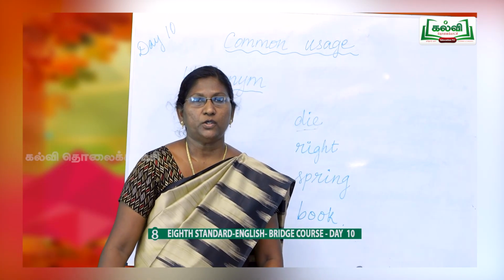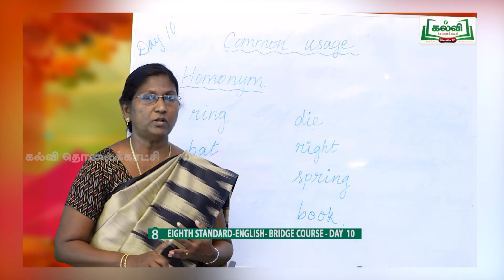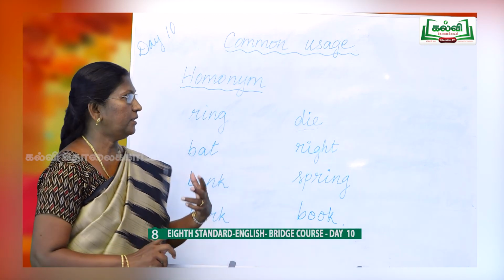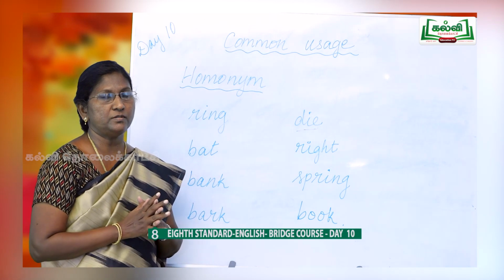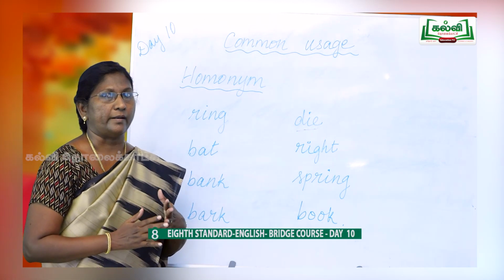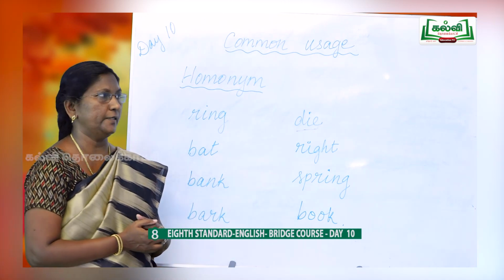Okay children, you would have heard about synonyms, antonyms. All this you usually learn for every lesson. But here now we are going to see homonym. Something related to synonym, antonym, homonym. All these are in a way related. So how is it related? What is this homonym? We are going to learn.